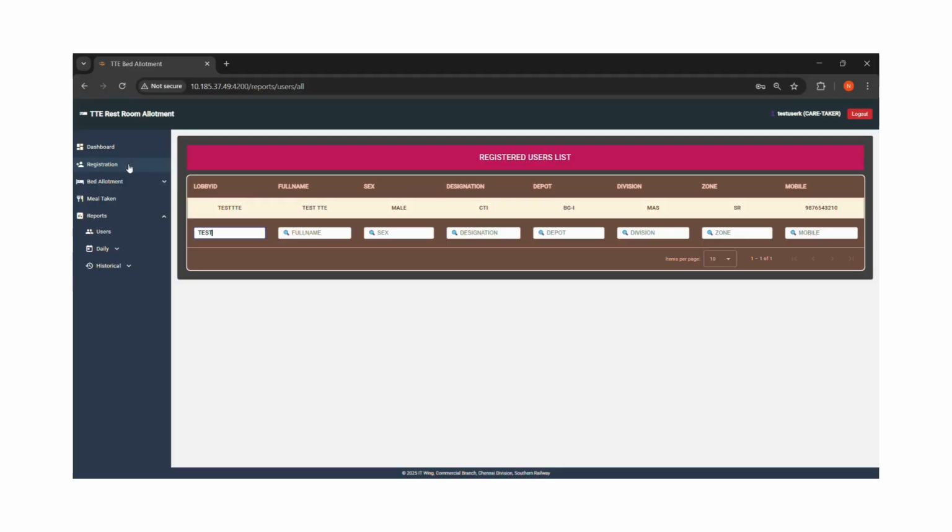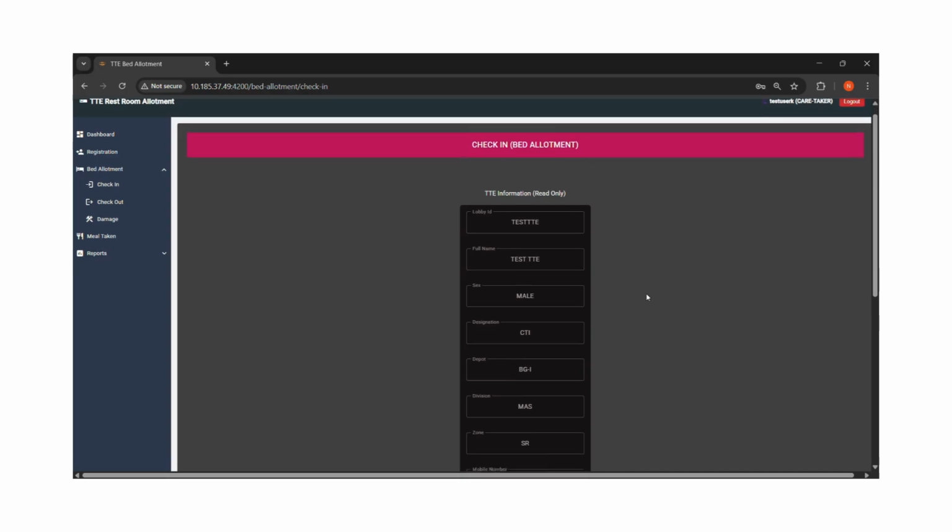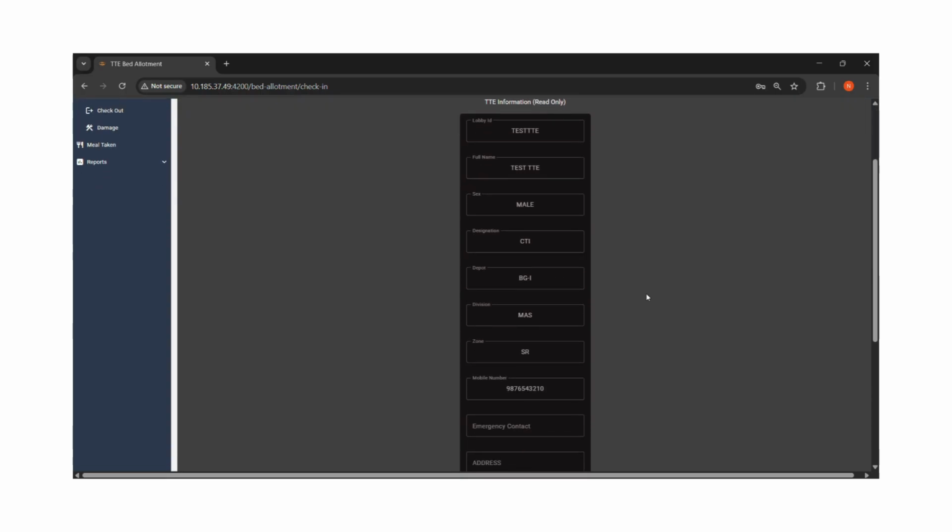On verifying the TTE lobby ID, the TTE's registered details are displayed in a non-editable format for reference. Below, in the allotment form, the TTE is required to select the meals required, such as breakfast, lunch, or dinner, as per their preference. Based on the TTE's gender, the system is designed to filter and display only eligible and